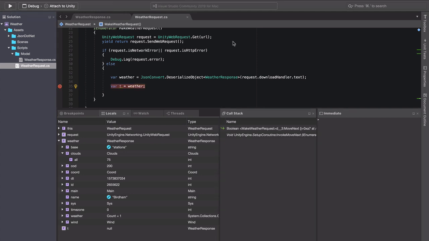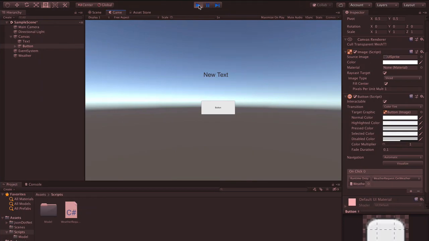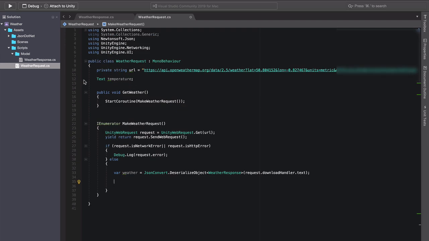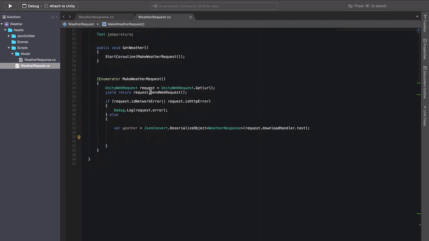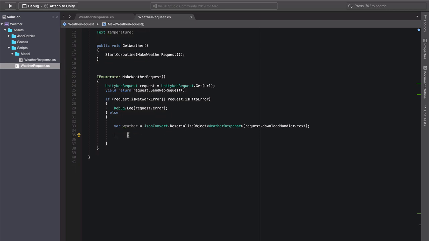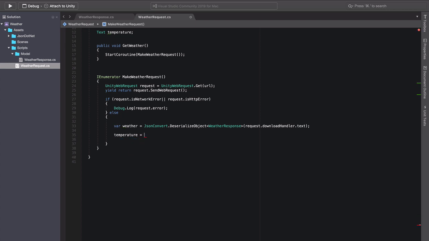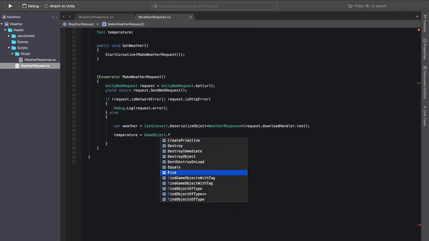Okay, so I just wanted to show you that because it's quite important. So if we stop that and then stop this, we'll finish the implementation. So let's get rid of that. We don't need that. That's just for testing. Now, we created a variable for our text object. Okay, so we need to get that now. The way that we do that is you go temperature. Okay, and we want game object. Okay, and find